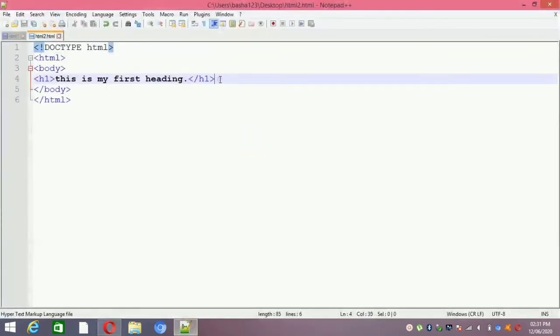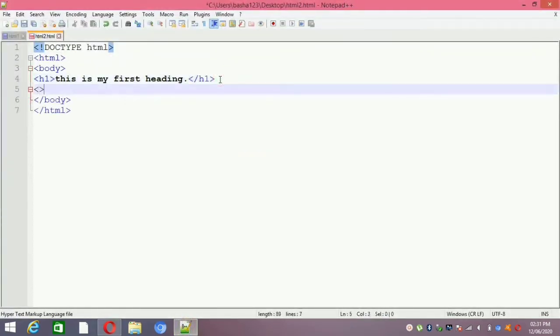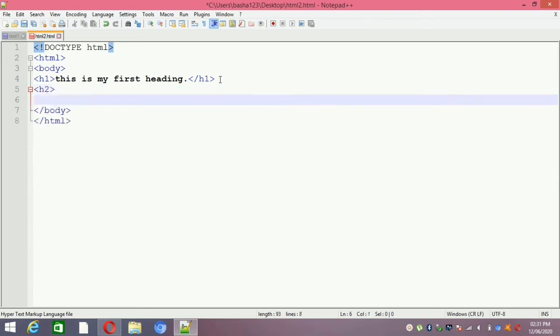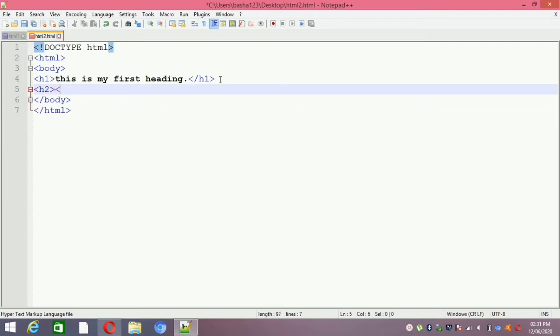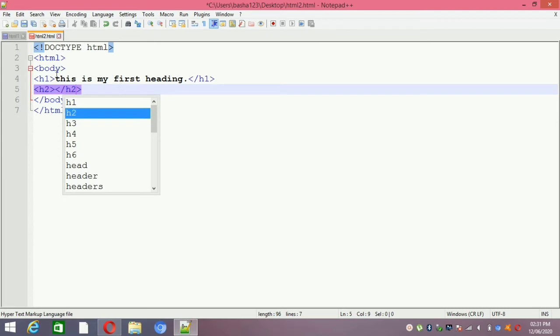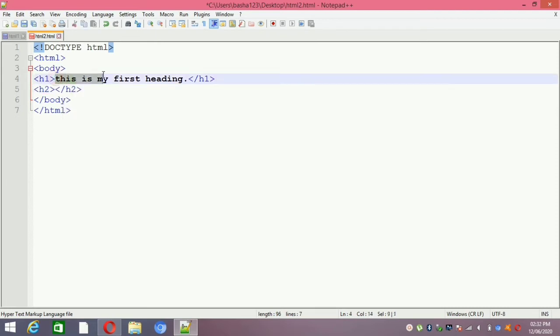After that I will show you some more examples, like headings will be different for different paragraphs and for different matters. Here we can use the headings from h1 to h6. Here h2 open tag and then h2 close tag. The same content I am copying so that we do not waste our time.